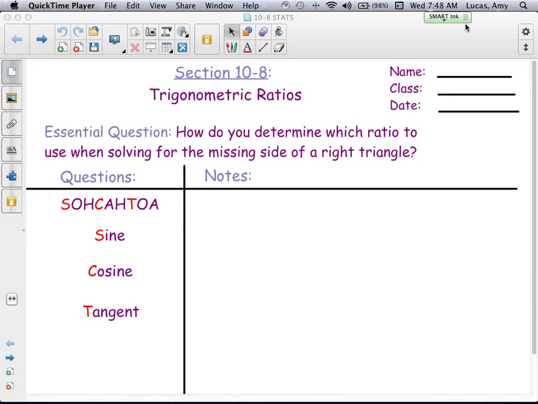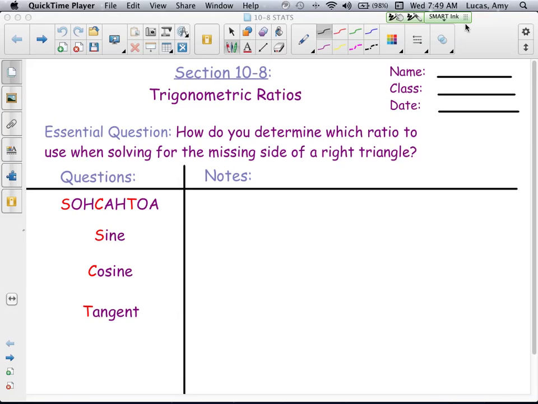Lesson 10.8, Trigonometric Ratios. Our essential question is how do you determine which ratio to use when solving for the missing side of a right triangle? So we are going to be learning three new trig ratios today. These trig ratios are all used with right triangles, and they can be used to find the length of any